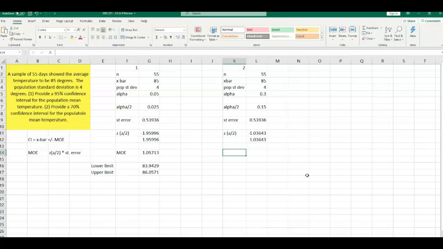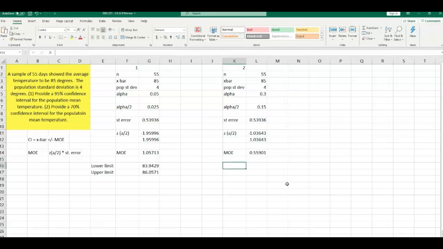And so now that we have our z-score and our standard error, we can find our margin of error. We take a look over at the left again. Our margin of error is that z-score that we just found times our standard error. So we take the 1.03 times our standard error, and you'll notice your margin of error is now just 0.559. Right? So as your confidence decreased, your margin of error decreased.